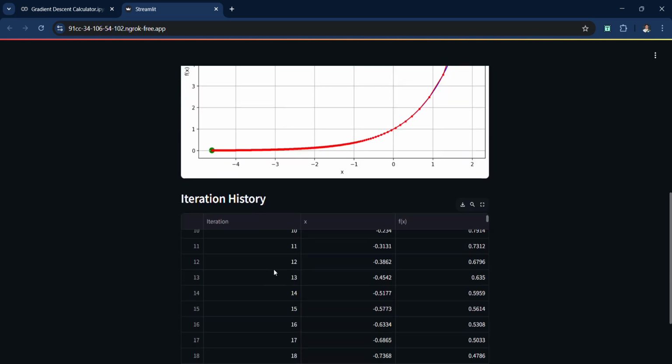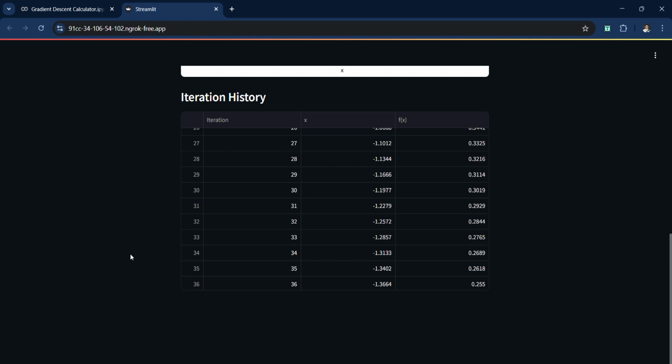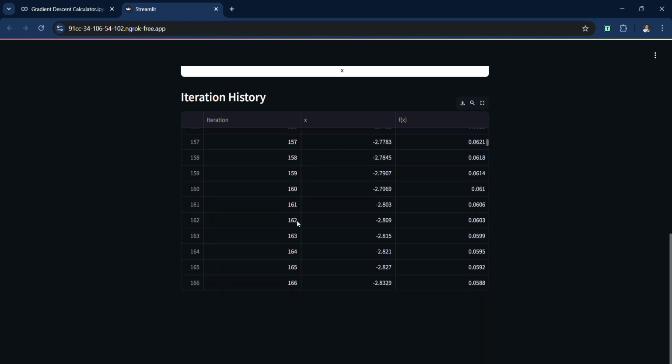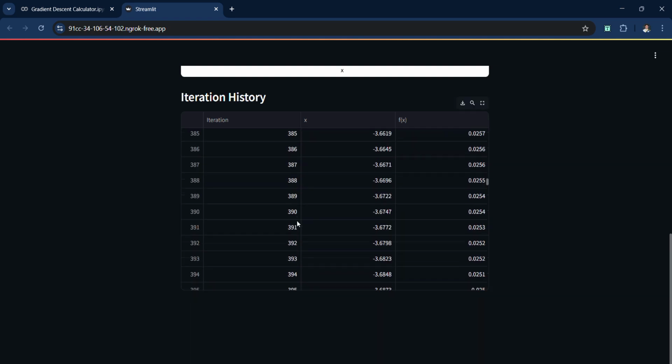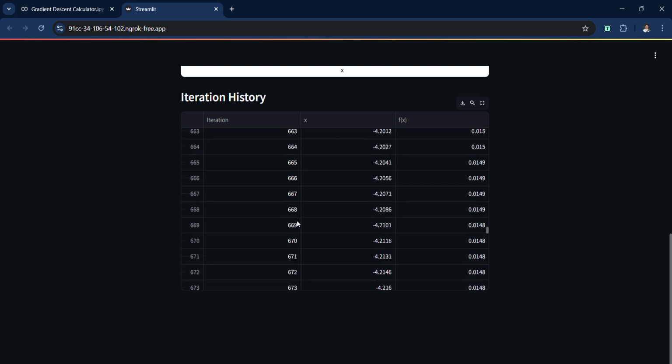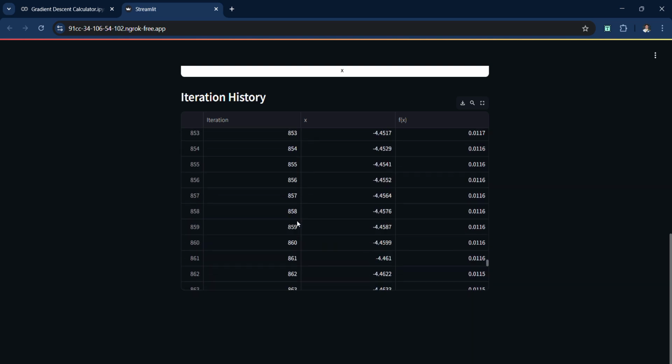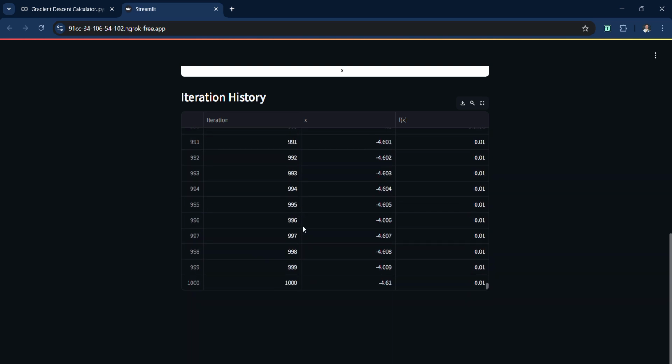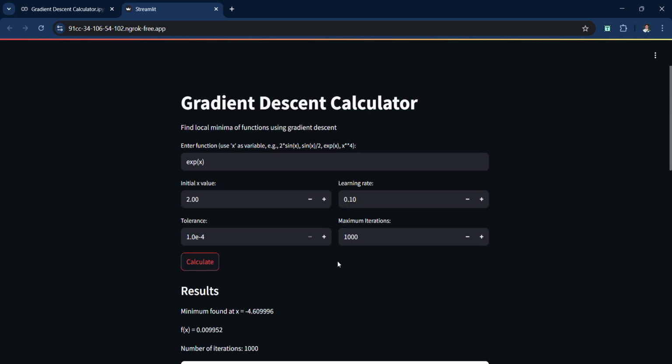You can see there's the iteration table, and how it gets the values. So it's too long. So it reached the maximum, so it stops at iteration 1000, because we set the maximum iteration to 1000.